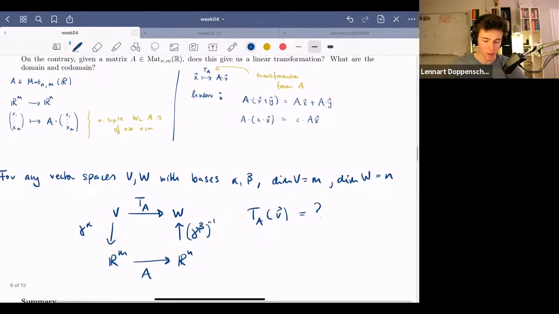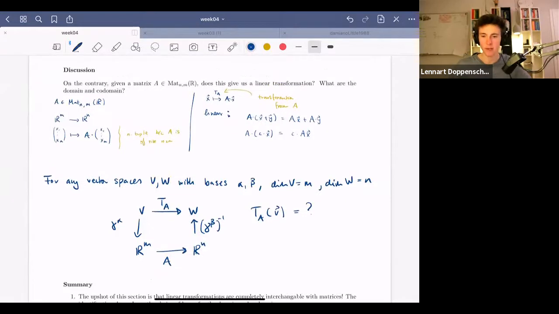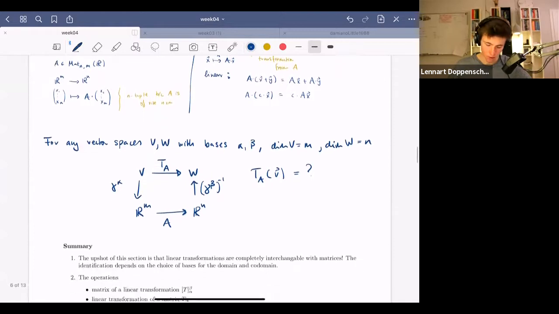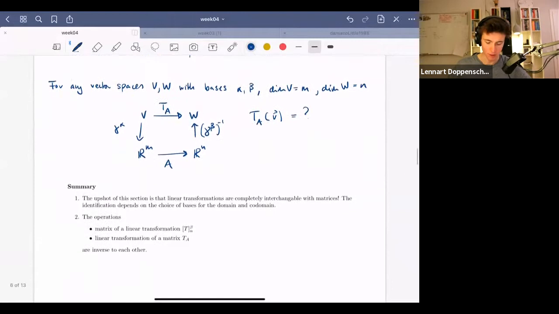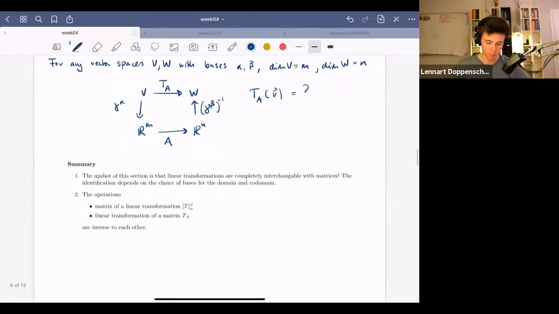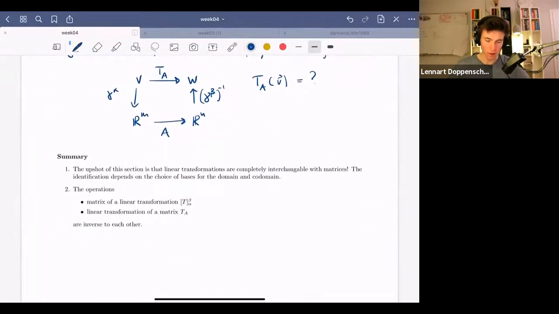So this discussion really just shows that a matrix gives us back a transformation, and because it's already very late, I want to cover some other stuff. Let me just summarize this by saying that we've now identified matrices with transformations between finite dimensional vector spaces. And the algorithm gives us a way to get a matrix from a transformation. And this discussion just tells us we can also get a transformation from a matrix, and these are inverse to each other, these